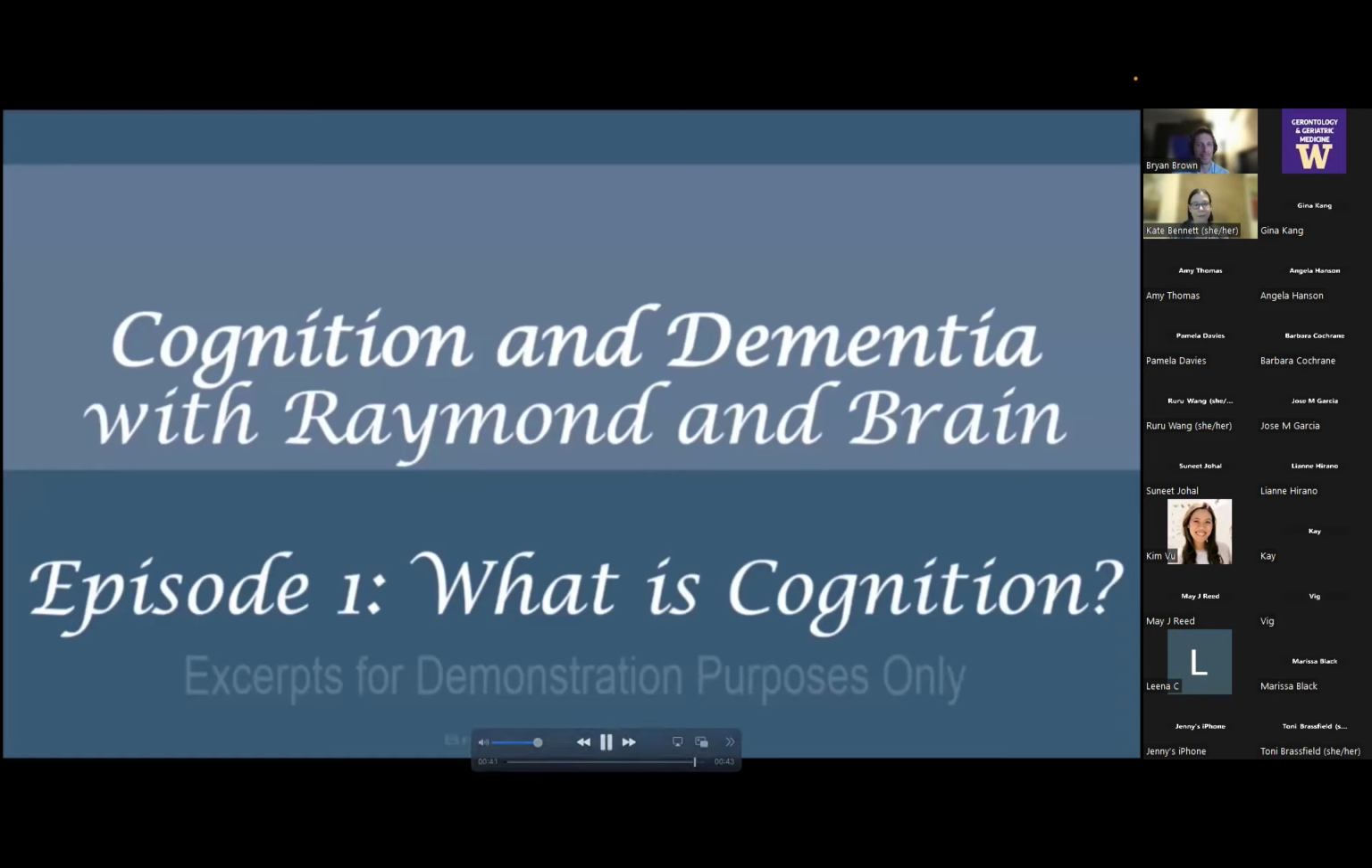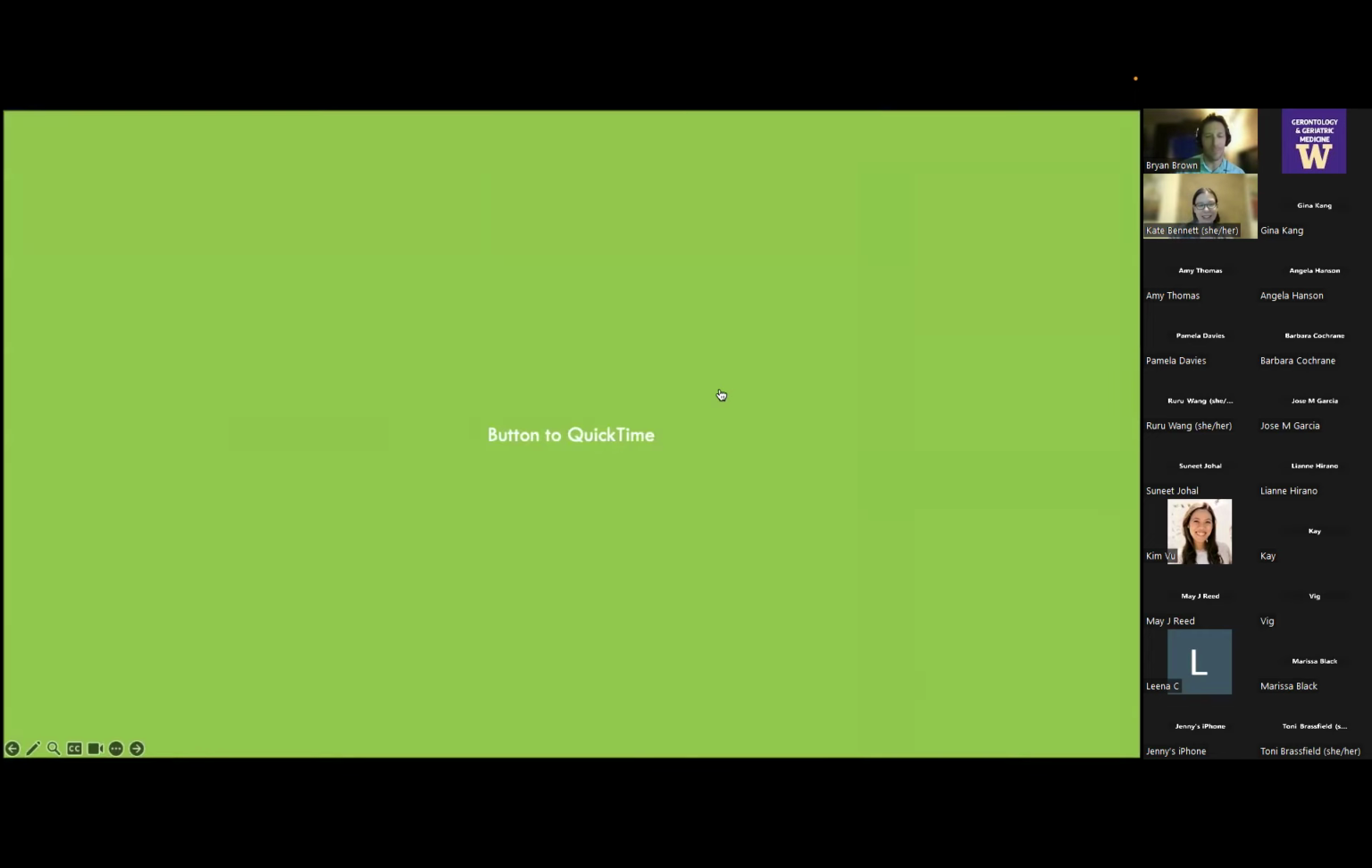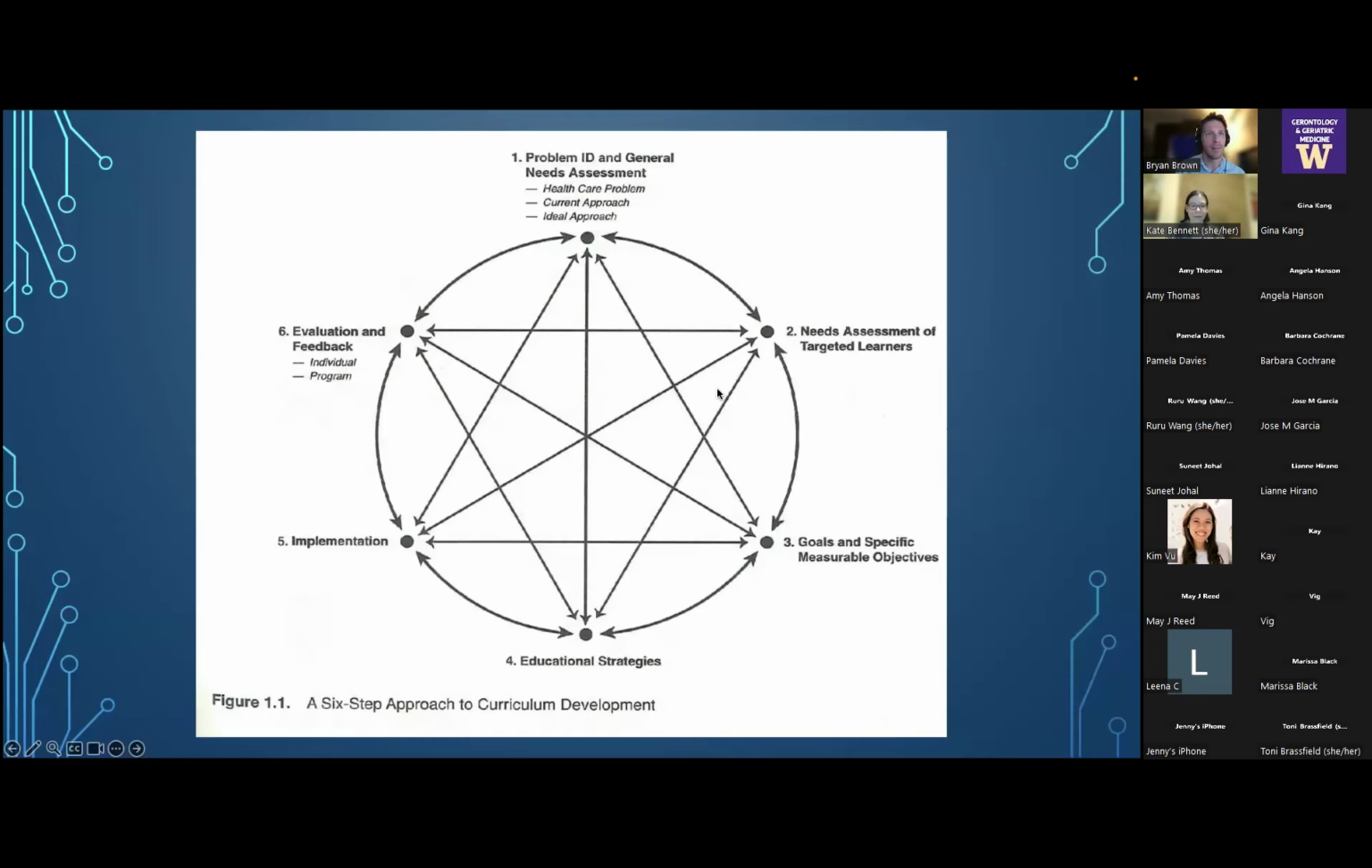So first things first, what is cognition anyway? Okay, and so throughout this talk, we'll see little samples of our project, Cognition and Dementia with Raymond and Brain. Okay, so the way I'm going to organize this talk and walk you through this is using this, which some of